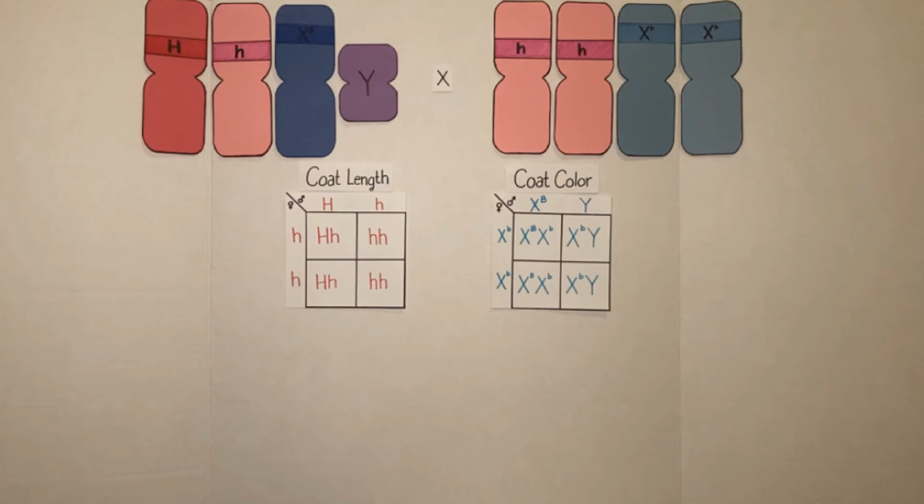In the Punnett square for coat color, we see both X-linked inheritance and X inactivation at work. Half of the progeny will be heterozygous females because all the females receive a dominant allele from the father and a recessive allele from the mother. The other half of the progeny will be yellow males because the male progeny inherit the Y chromosome from the father, which has no X-linked genes, and the only X chromosome they can receive from the mother has the recessive allele.